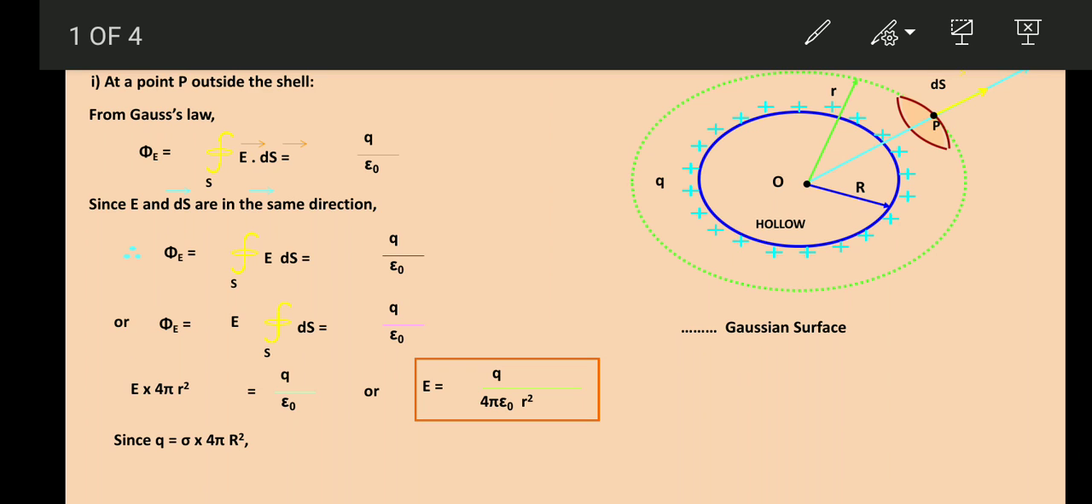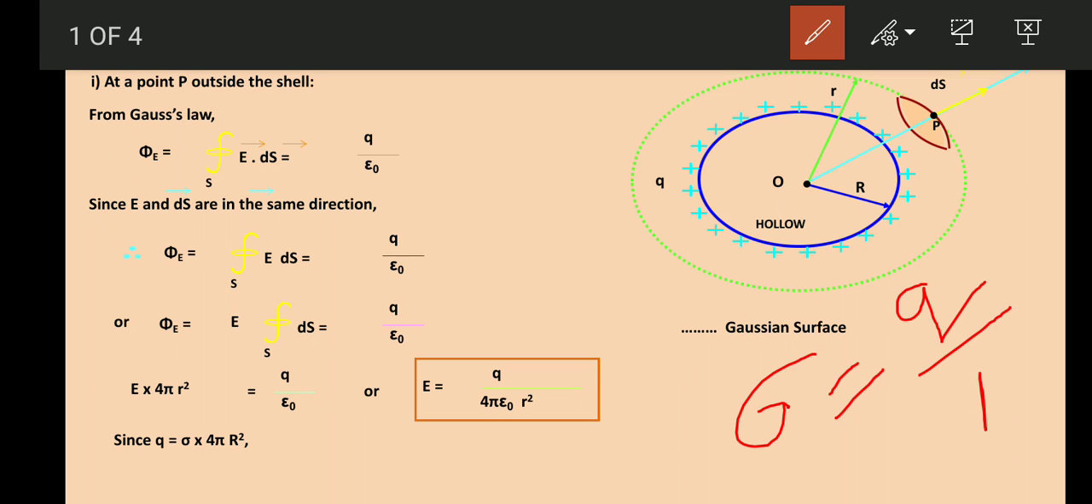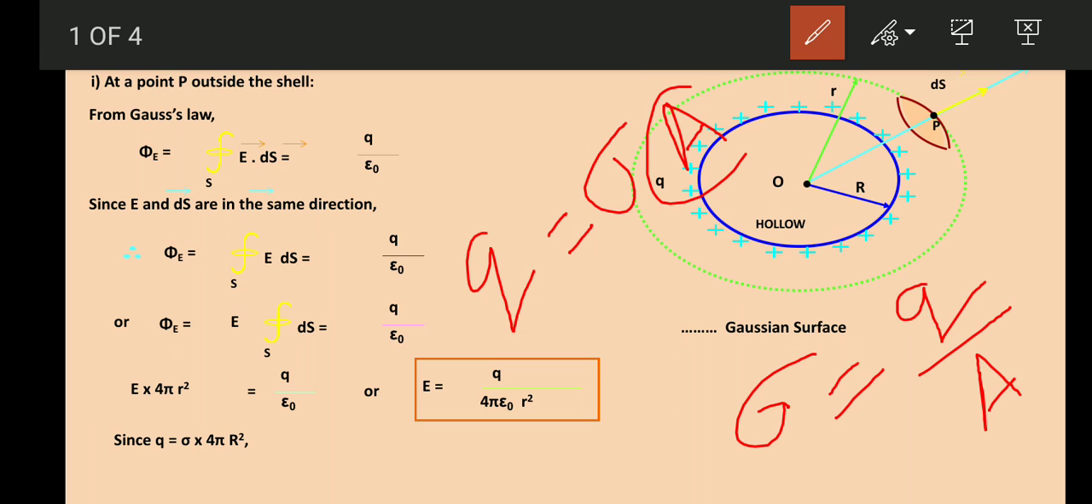Now let me calculate the value of q from the surface charge density. What's the formula for surface charge density? Sigma is equal to q by A, the area of the hollow sphere. Then the q value will be q is equal to sigma into A. Then I have to calculate the area of this hollow sphere. I can use the same formula, 4 pi r square, but in this case the r is capital R,